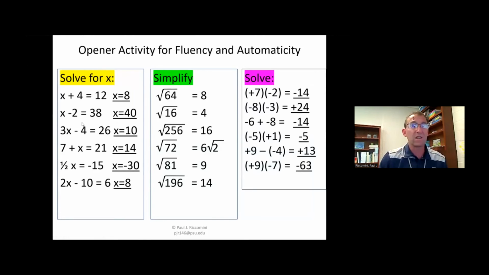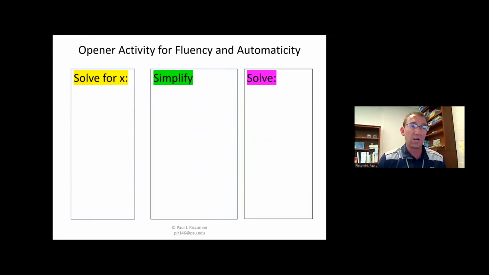All right, check your answers. Now I went a little bit fast there. I'm guessing some of you didn't get them all answered, which is fine. Again, think a dry erase board. Okay, class, wipe away your answers. Let's try it again. Here we go. All you have to do is write the answer down. Try to get more than you did the first time.